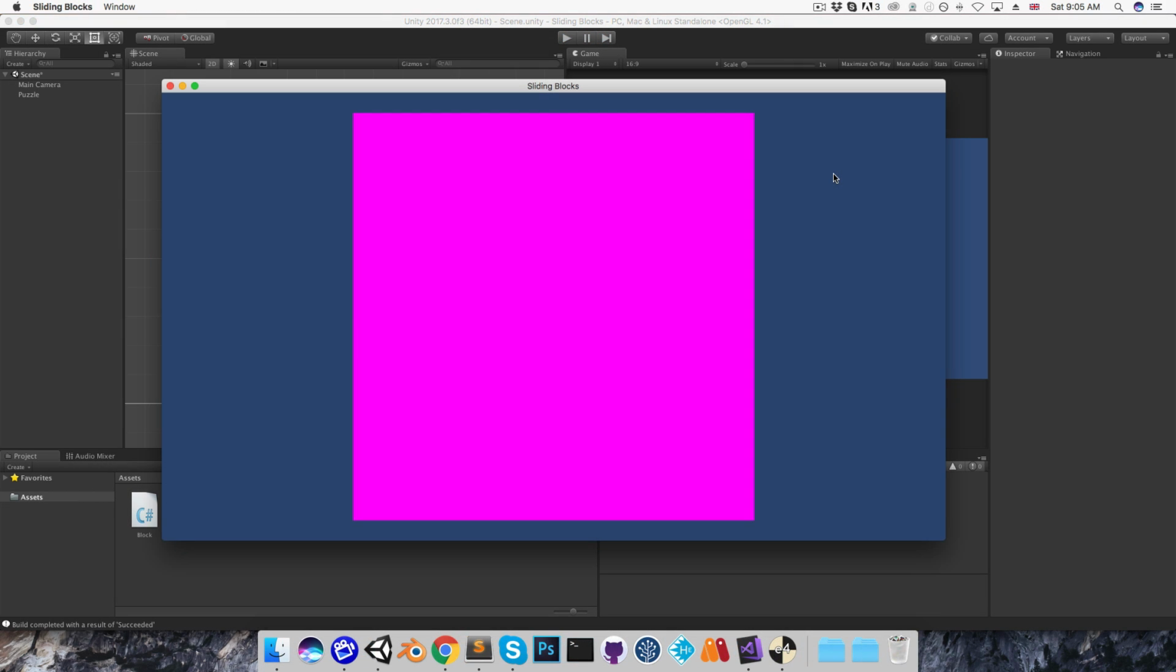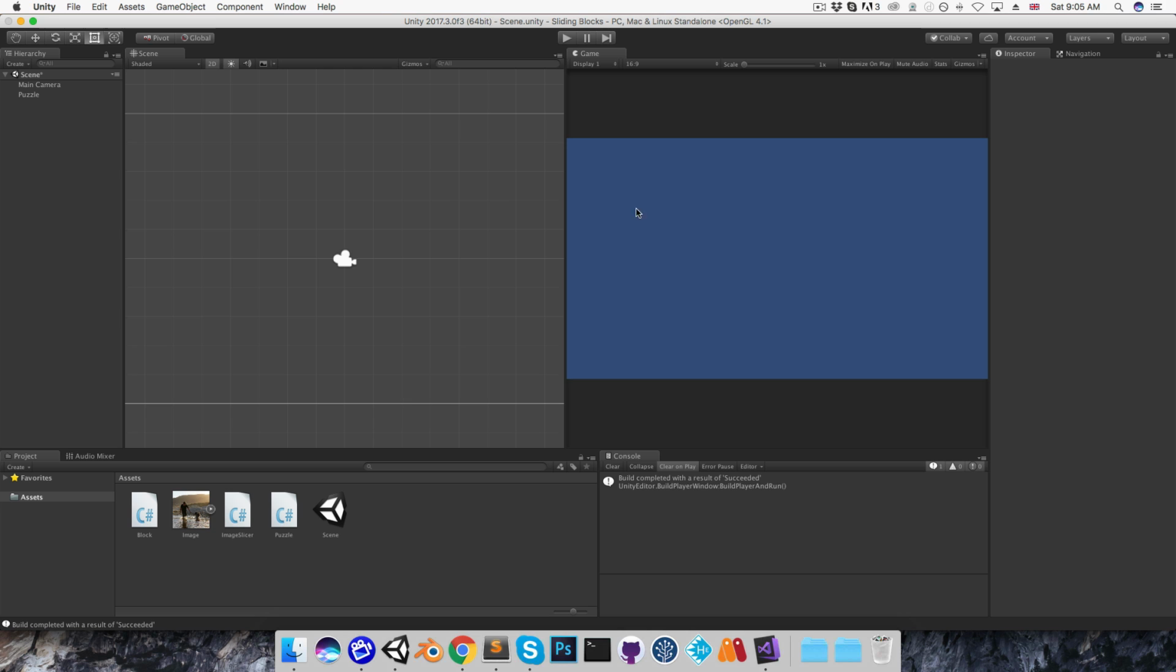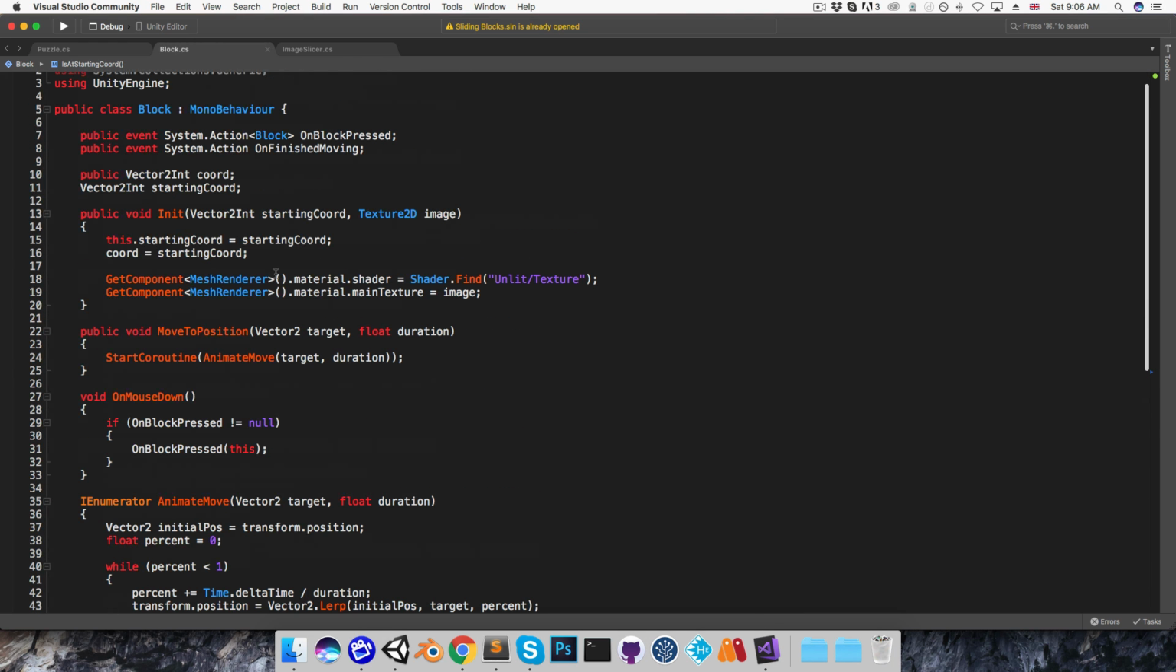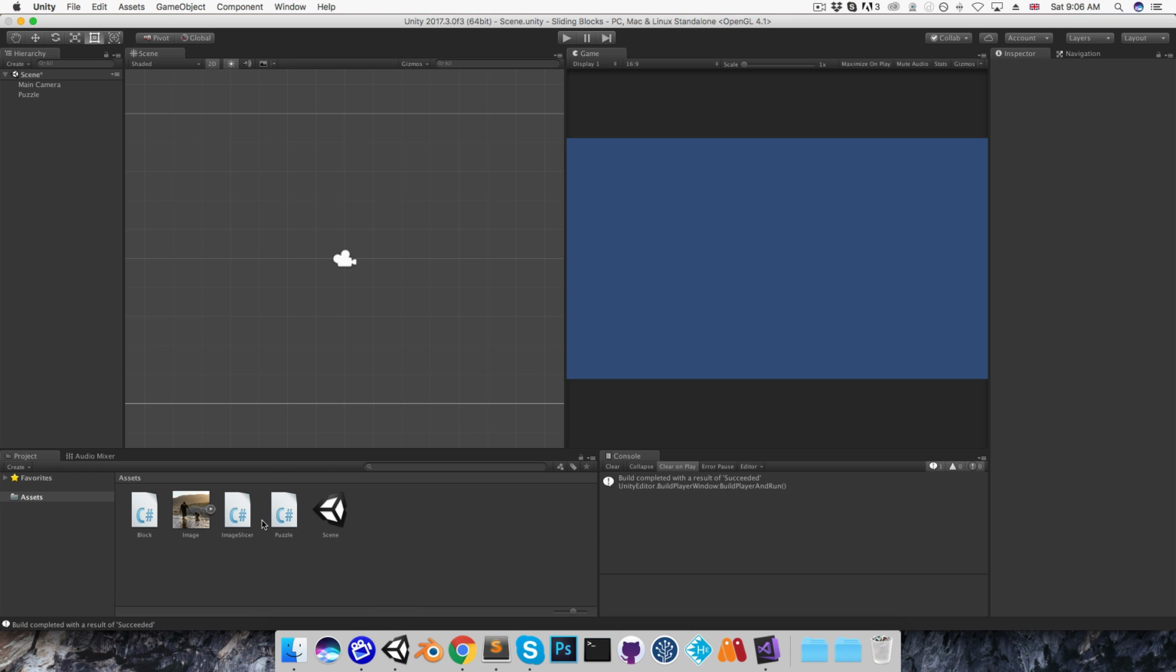One final detail is that if I actually build this project, you can see all of the blocks come up pink. And the reason for that is that in the Block script, I am setting the shader over here using Shader.Find unlit texture, but Unity is not seeing that shader being used anywhere in the project, and it's currently not smart enough to look for references to Shader.Find in the scripts. So to save space, it's leaving that shader file out of the final build,